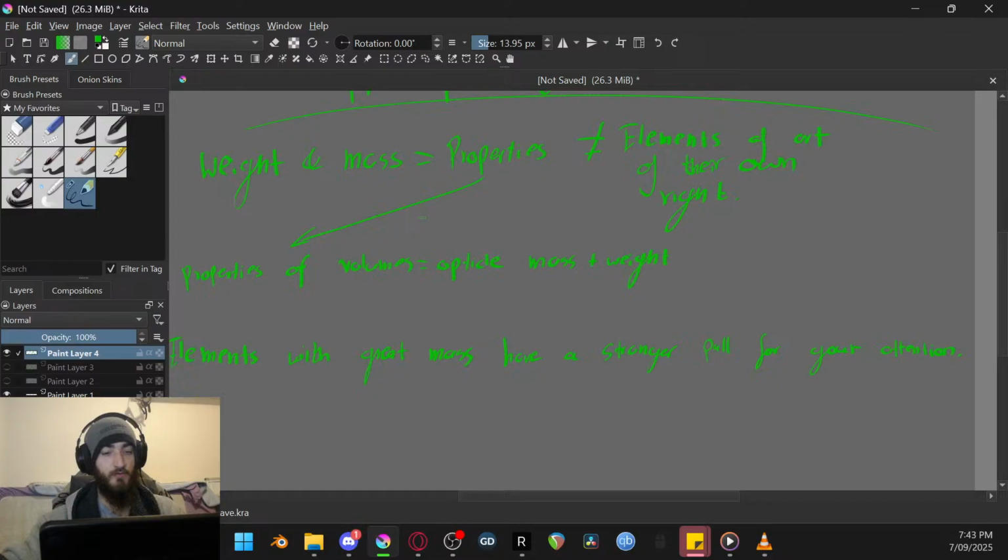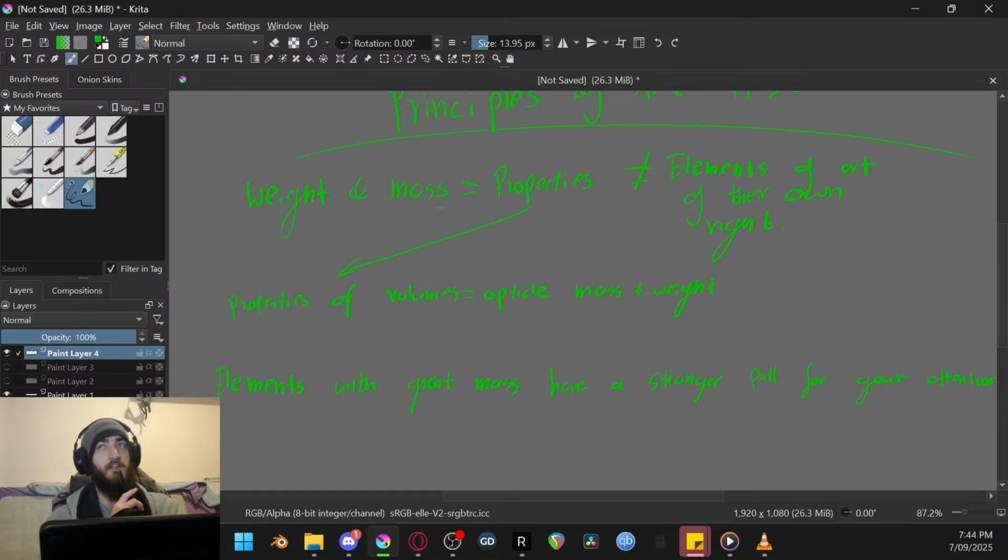Nice. What we're saying is weight and mass is not actually a thing that can be put on